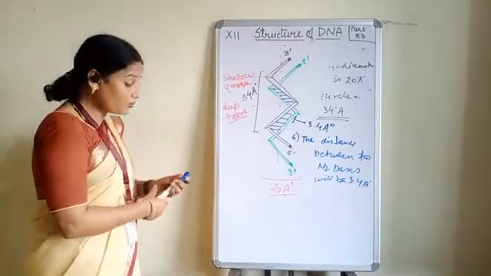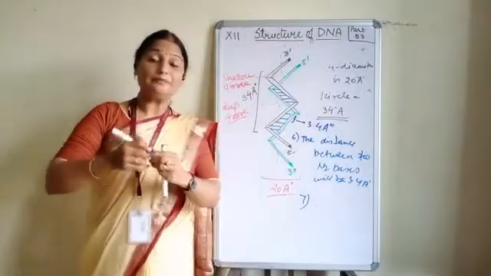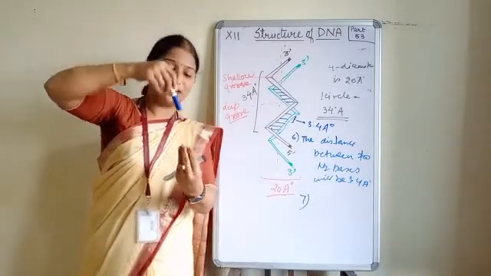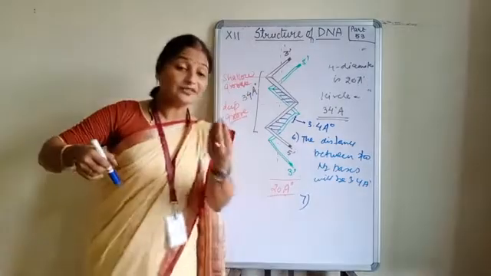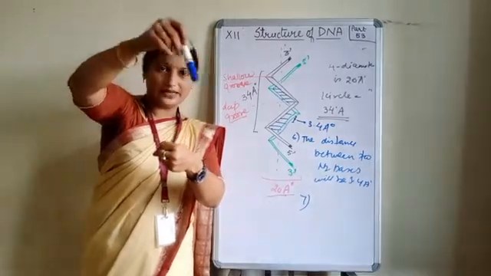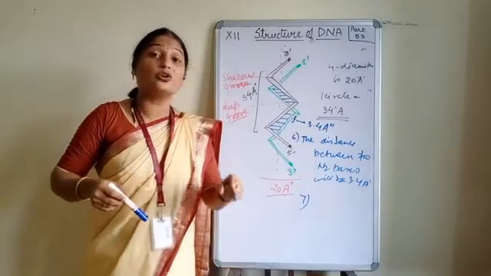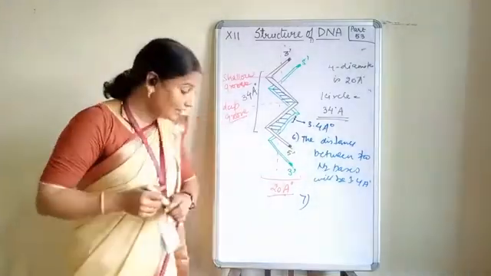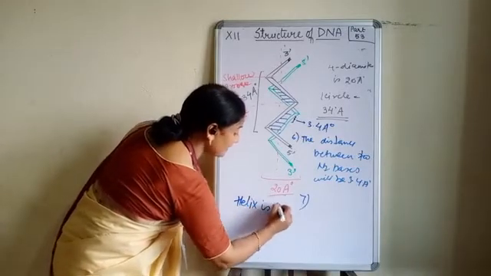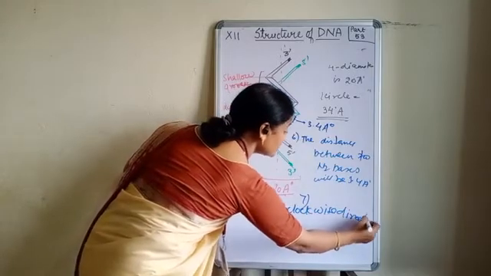Okay. One more point he has given, that this rotation, as I told you children, the rotation is like this. So in which direction is my hand moving? See, what I have said, it is circular. Okay. So I am rotating like this. Again like this. So it is in the clockwise direction. So what can we write? We can write that the helix is in clockwise direction. This is an important point, children.